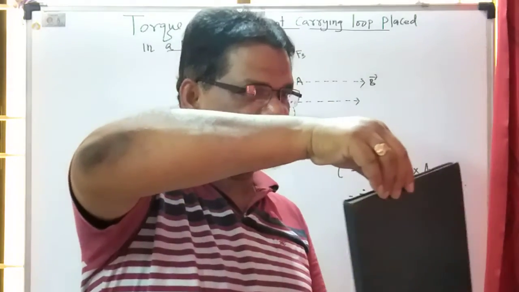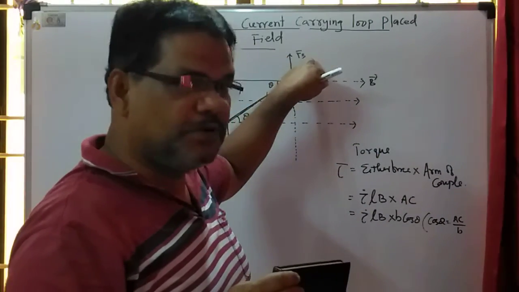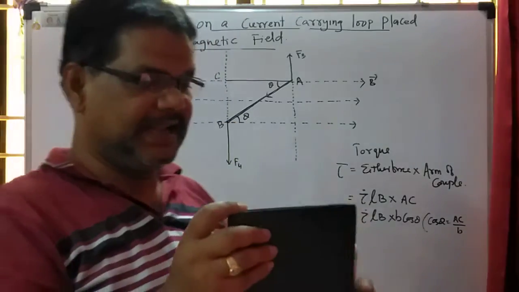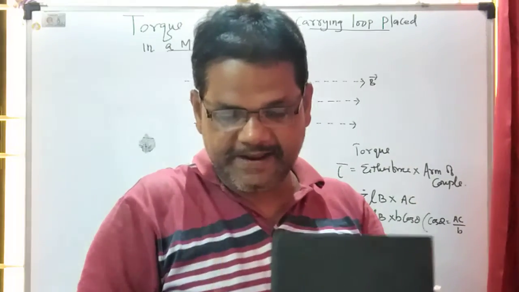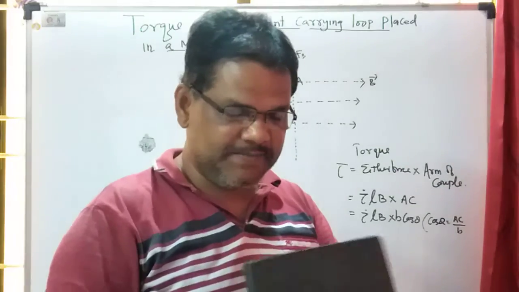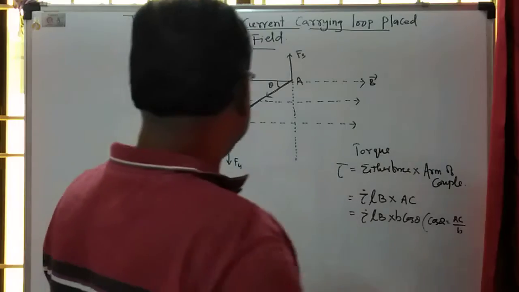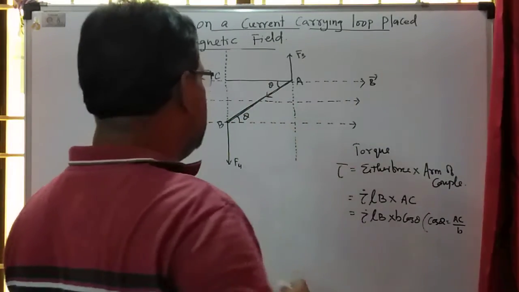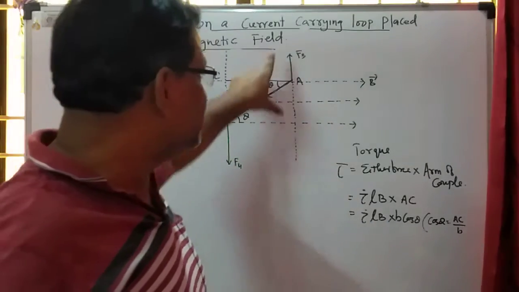As it is rotating, what happens? On the A side the F3 force is acting, and on the B side the F4 force is acting. These two forces are producing the couple. The force acting on this side is pulling inward, and in that manner the coil is rotates. So F3 is acting along this direction and F4 along this direction, and both forces F3 and F4 are always equal.